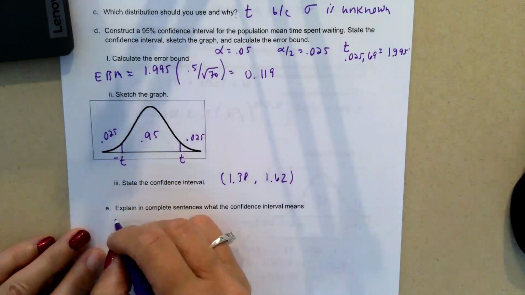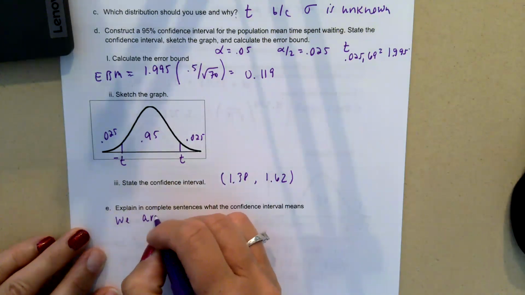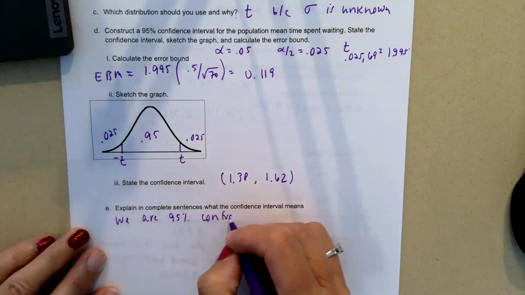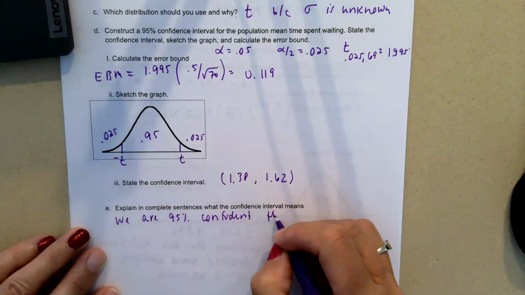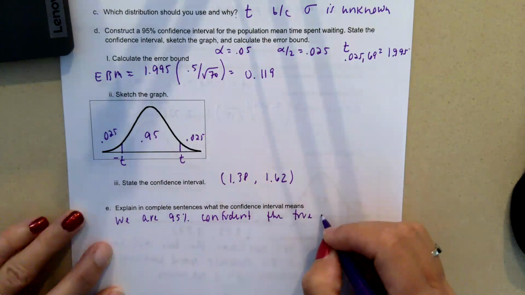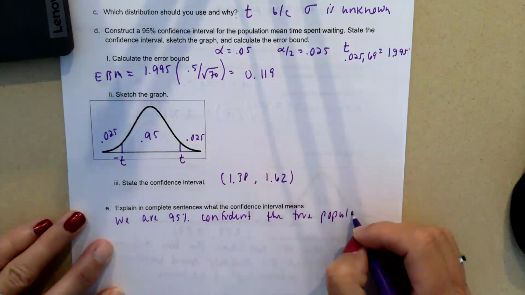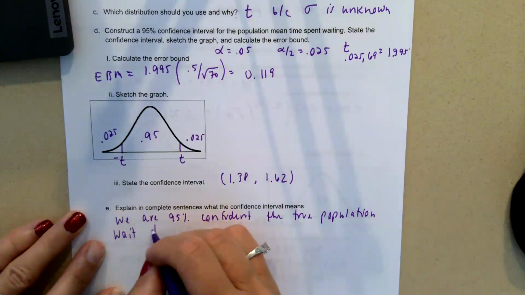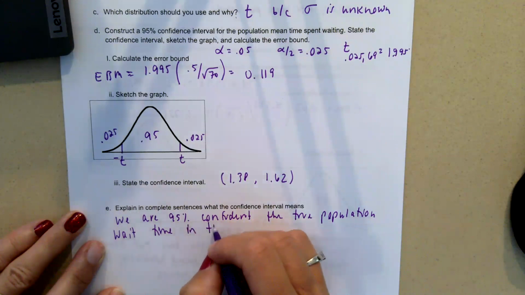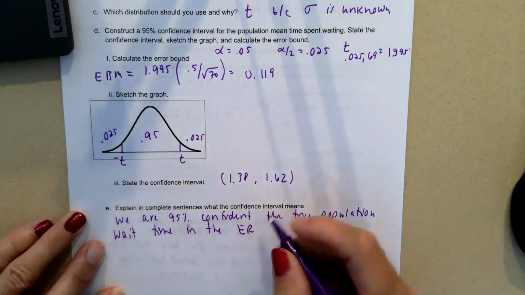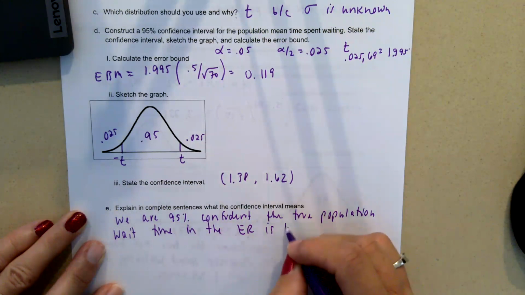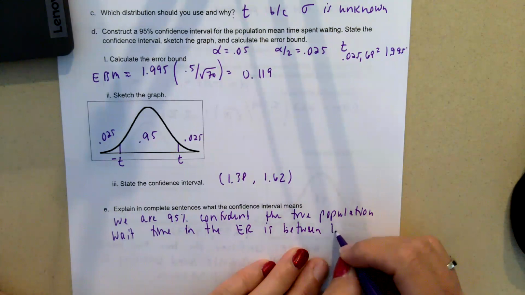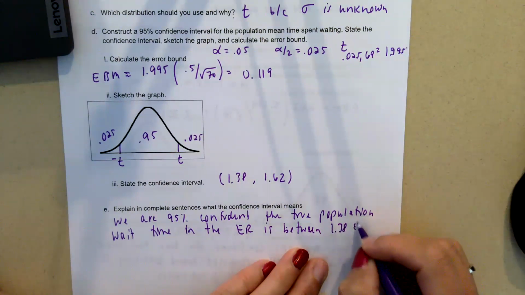So it says we are 95% confident the true population wait time in the ER is between 1.38 and